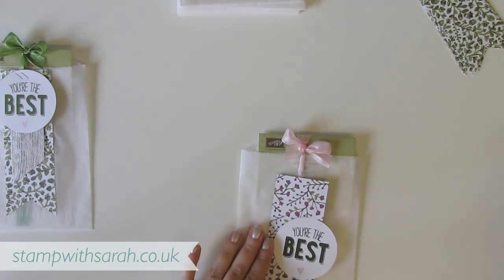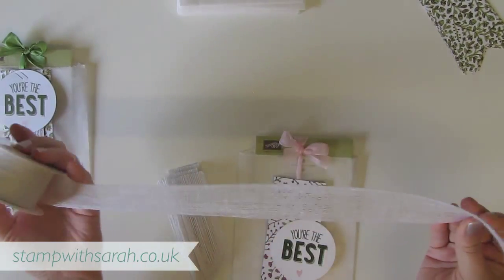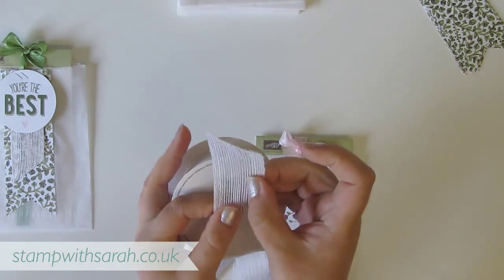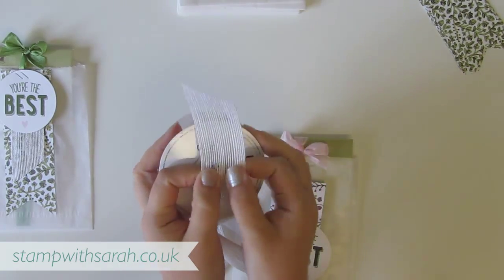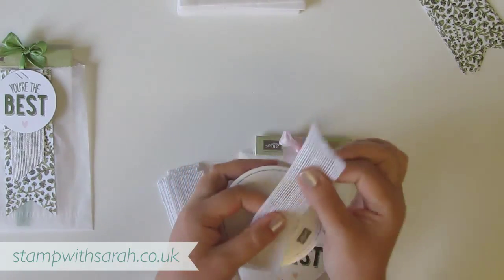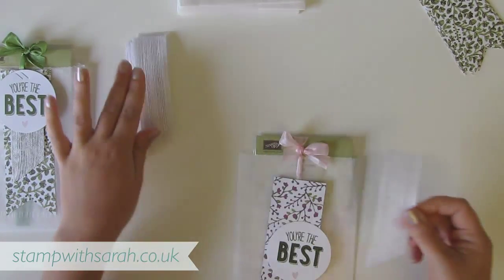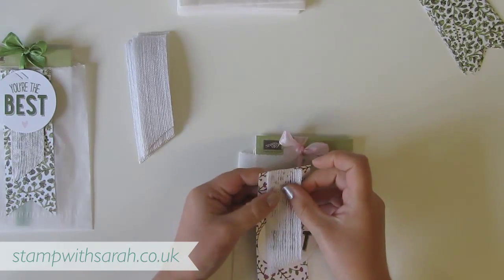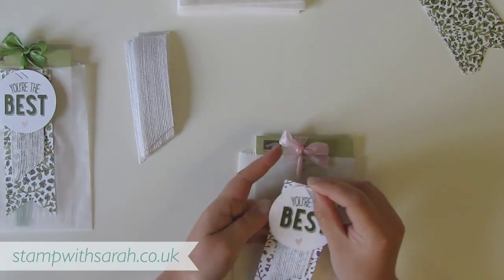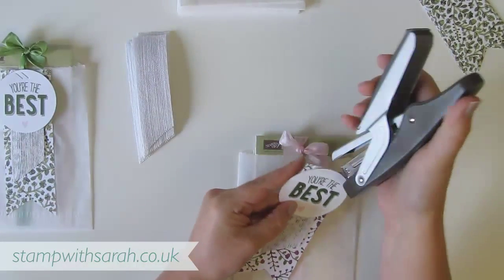So I have some jute ribbon, which is this. It's lovely. You can fray this and also cut it down, and it will actually hold its structure and stay in place. So you could cut that in half or in 3 or whatever, and it will be quite stable. So don't think, oh, it's quite big. You can cut it down. So I'm just going to lay these together, sandwich the jute in between the circle, and then I have the Stampin' Up stapler,